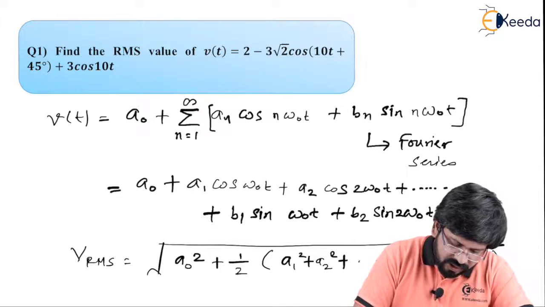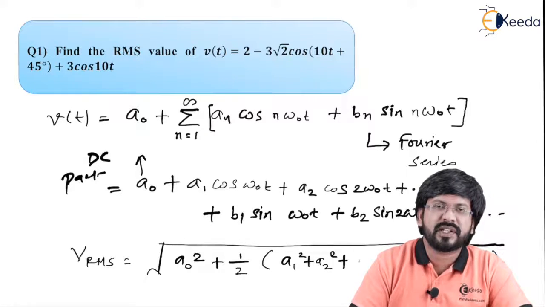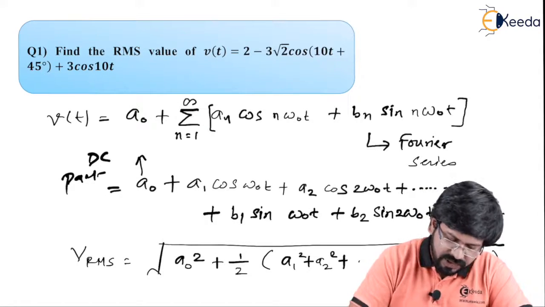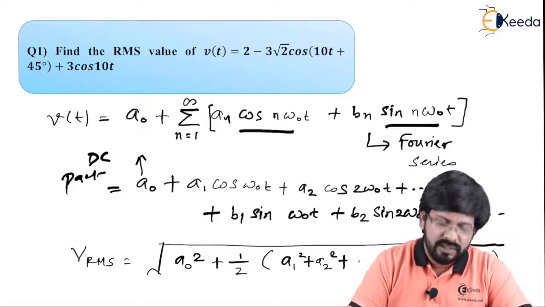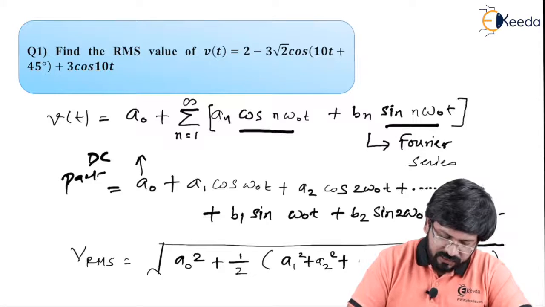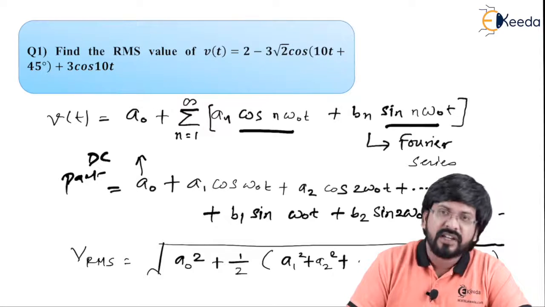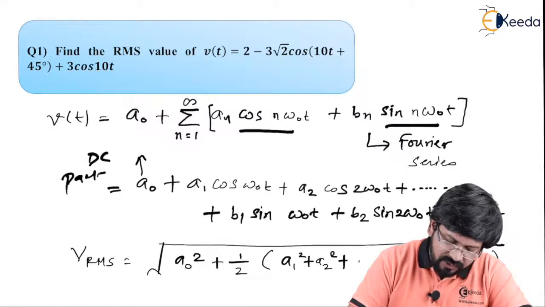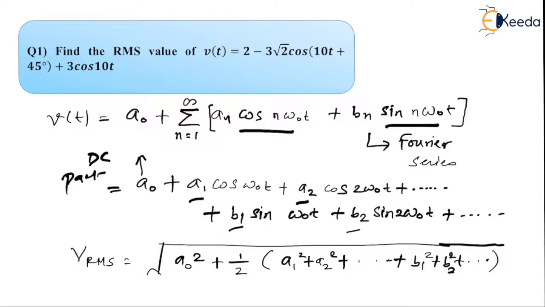So in this case, A naught is what we called as a DC part. So we know the fact that Fourier series actually expresses the given sinusoidal signal into a DC part as well as sinusoids. Sinusoids means in terms of cos and sine, where omega naught is called as a fundamental frequency. So if your signal is appearing to be a Fourier series part, then you'll have to calculate RMS value equal to under root of DC part square plus half, and then in the bracket you'll take the amplitudes of every individual term, that is A1 square, A2 square, plus B1 square, B2 square and so on, and multiply by half, and this is what we get as RMS value.